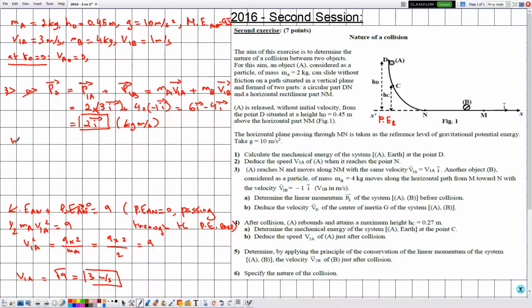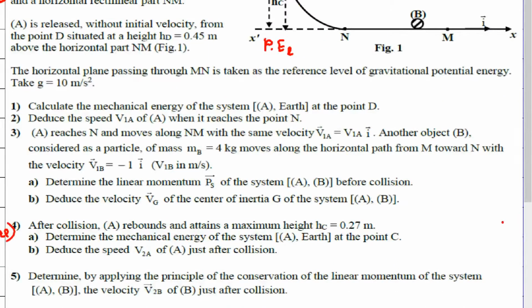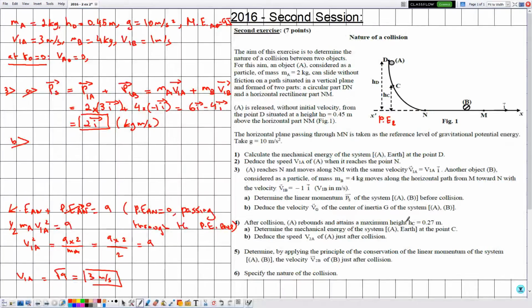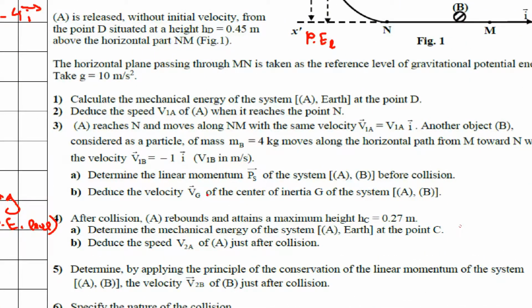Now in part B, they are telling us to deduce the velocity Vg of the center of inertia G of the system AB, and by deduce it means that we notice the previous part. In the previous part we have determined the linear momentum of the system. We know that the linear momentum of the system can be calculated as the sum of the two, or it can be determined via the velocity of the center of inertia G,